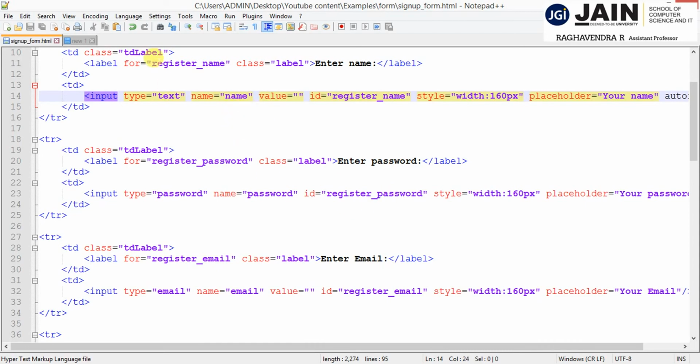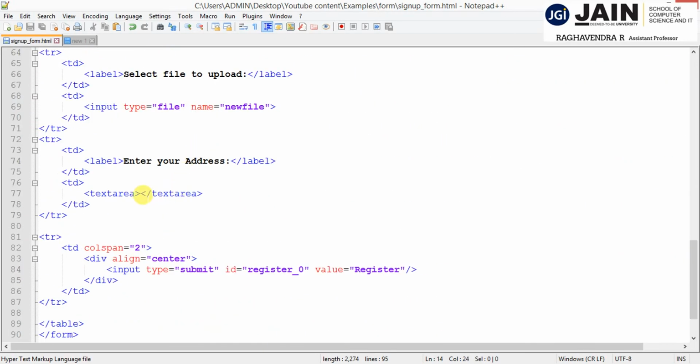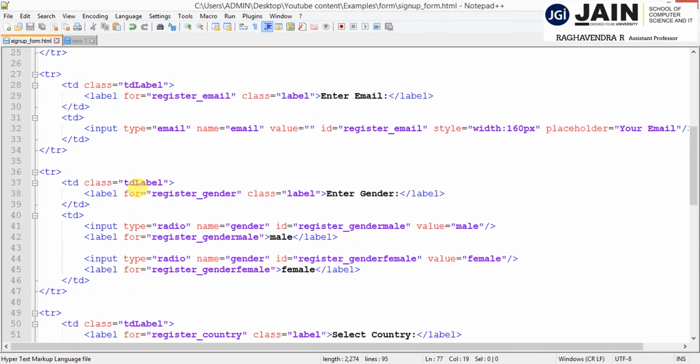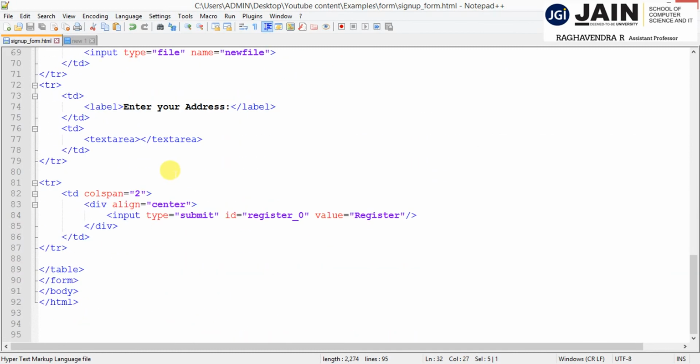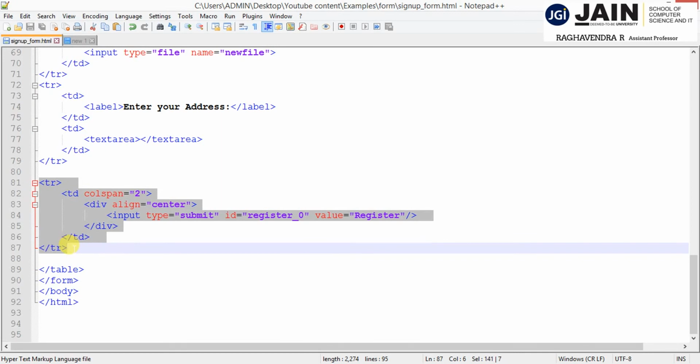Enter the password, enter the email, enter the name. But when I use the text area, see here we are using the type of information I'm going to enter. Even if it's an email or password, it will provide only a single line text box. Suppose I want to enter my address, then I have to use the text area with multiple lines. So for that I will use the text area tag. Then ending the table definition, ending the table row. Then finally I am creating the button to submit whatever information I type in the form, so that I can submit.